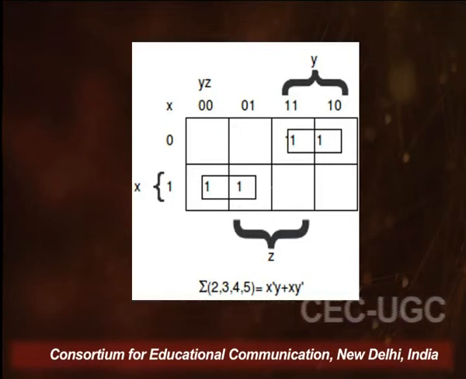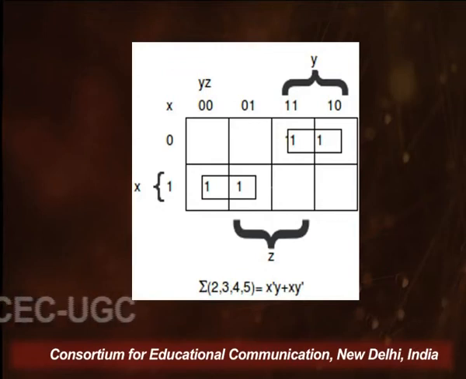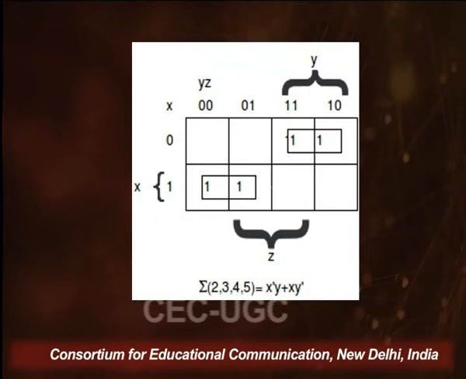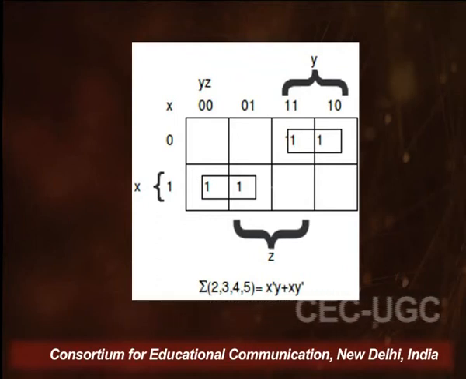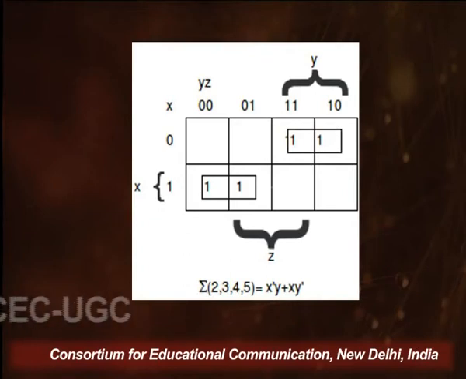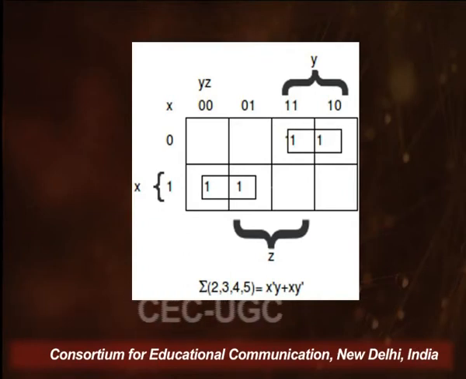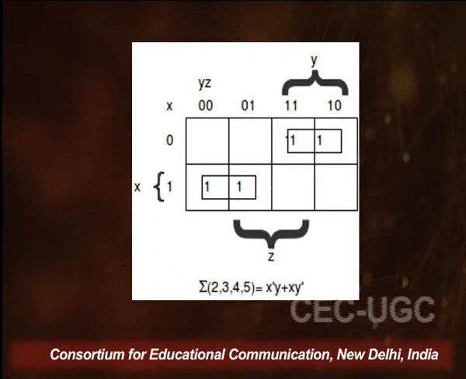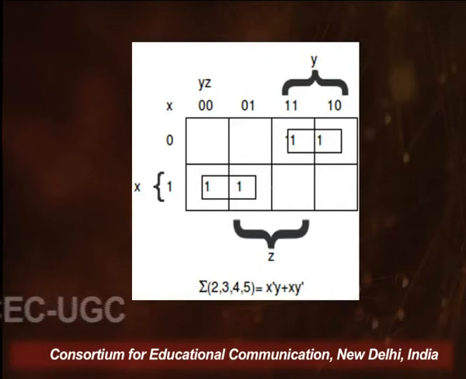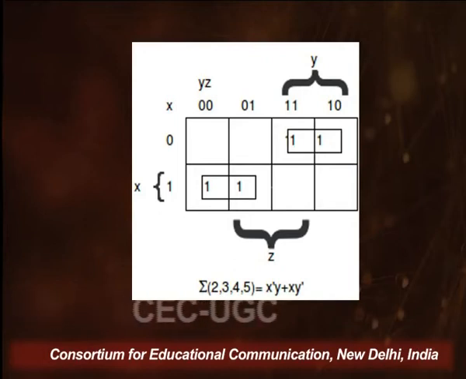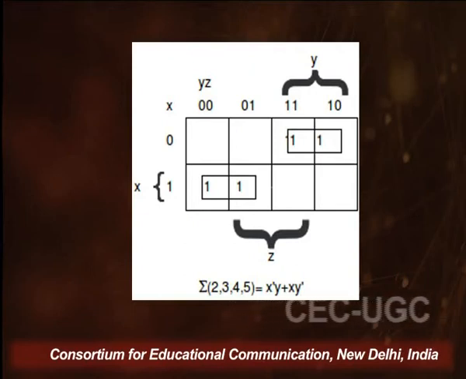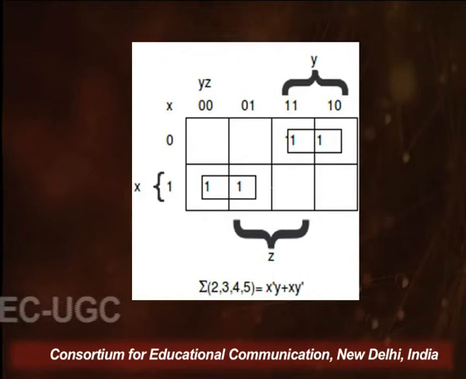The rule that we apply for K-map simplification is that we will make groups of logically adjacent neighbors. The group can be a 2, 4, 8, that is, a power of 2. We do not have a group of 3 or 5 or 6 or 7. A group has to be 2 to the power 1, 2 to the power 2, 2 to the power 3, and so on. The bigger the group, the more simplified your term will be. In this example, we have a group of 2 each. We cannot make any other group.